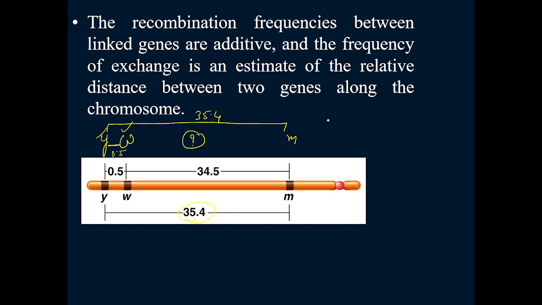The simple way is to take 35.4 minus 0.5, which gives a value of 34.5, as you can see here. So an estimate can be made based on the recombination frequency. It also tells us that these 2 genes, Y and W, are very close together, so there is a chance that these genes could be linked genes. However, Y and M, or W and M, are far apart, so a crossing over event